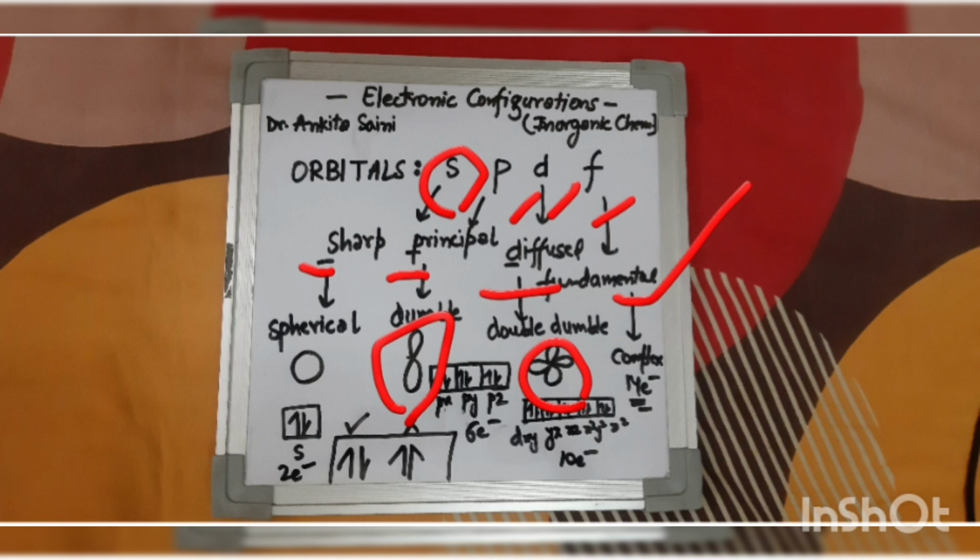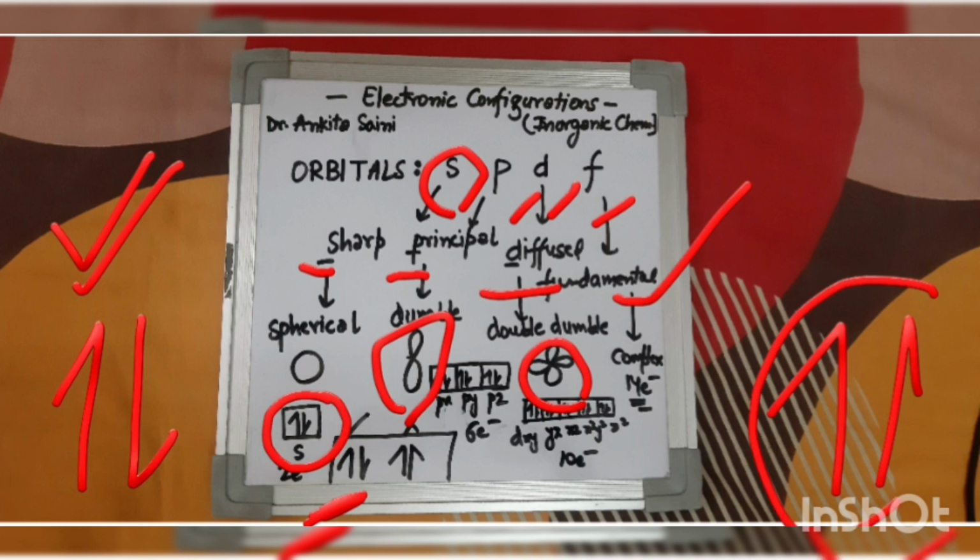Before going into the electronic configuration, we should know the maximum number of electrons that each orbital can occupy. In the s orbital we have occupancy for two electrons, and these two electrons will be paired up with anti-spin. That means if one is parallel, then the other will be anti-parallel. The spins will be opposite to each other. If one is clockwise, the other will be anti-clockwise. This is the way to represent pairing of electrons. We cannot represent pairing of electrons like this. This is wrong, right? So this should be kept in mind.